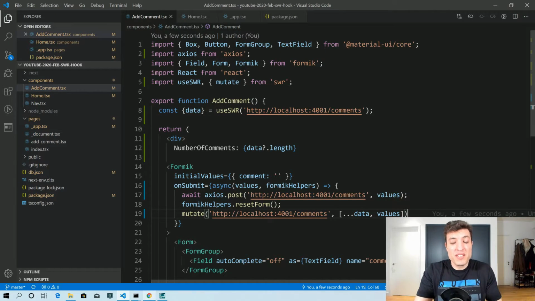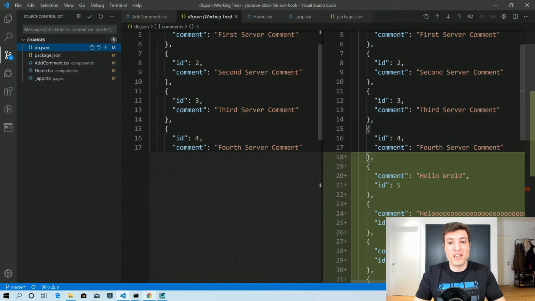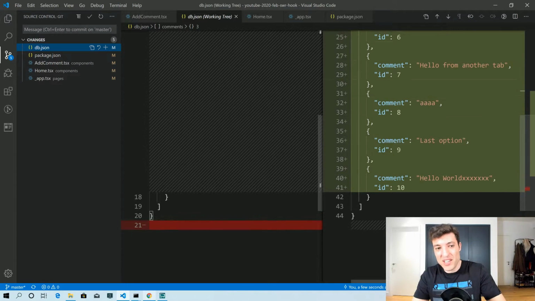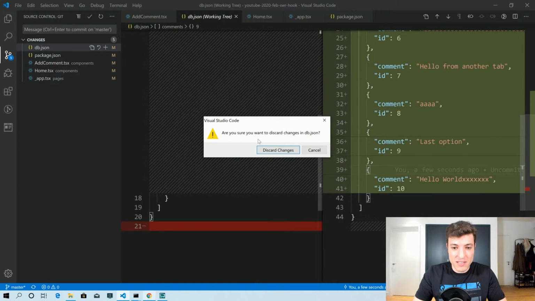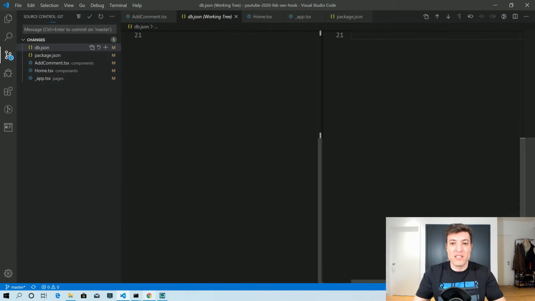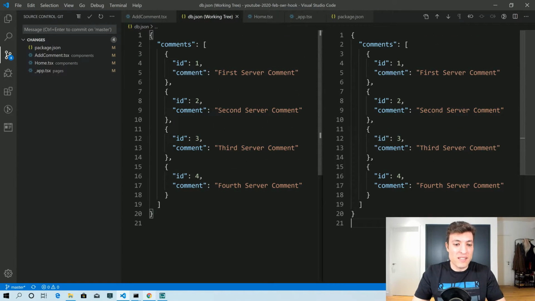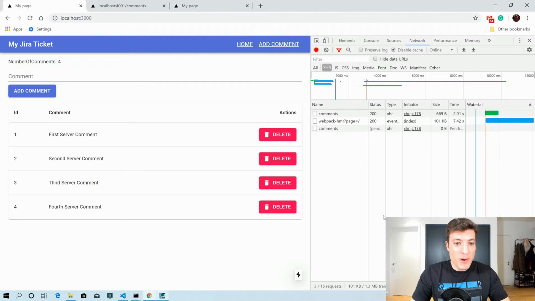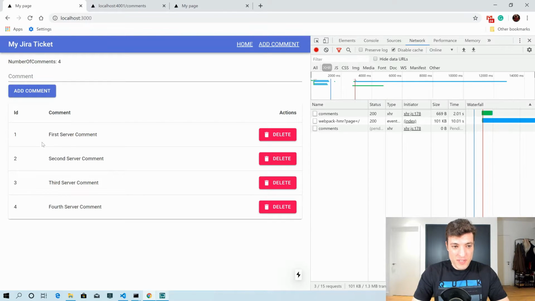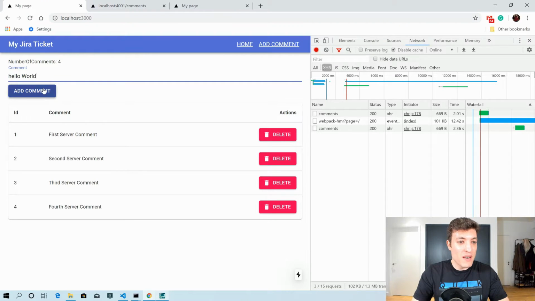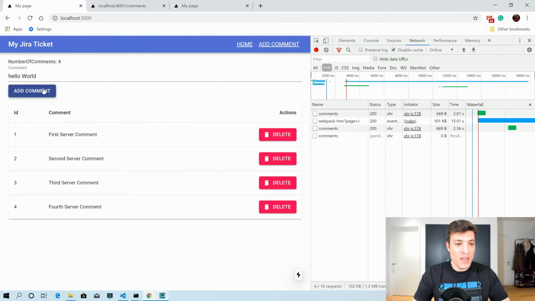And you will see that the ID is not there yet, but the user experience is much better than not updating at all, right? So let me just clear the cache of our database because my mock server saves everything in a JSON file. So let's just revert to have a smaller list to see it happening. Okay, I saved. And now going back to our page, we will have this here. So let's give it a try and say hello world once again, add comment, and